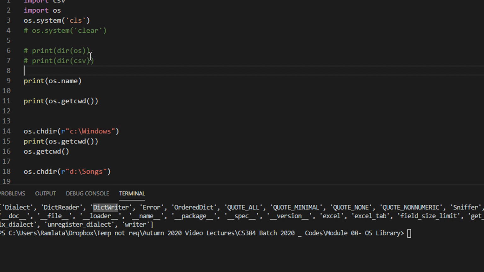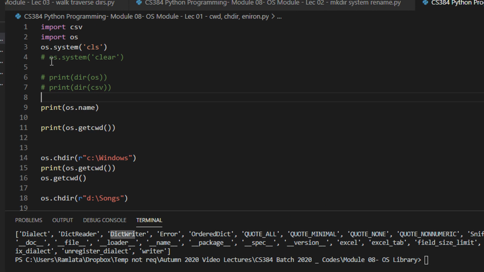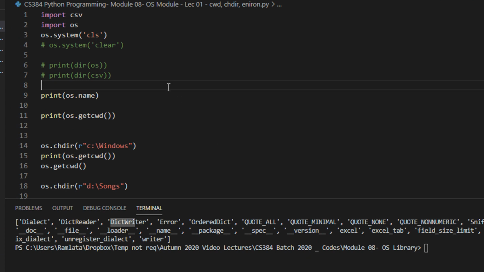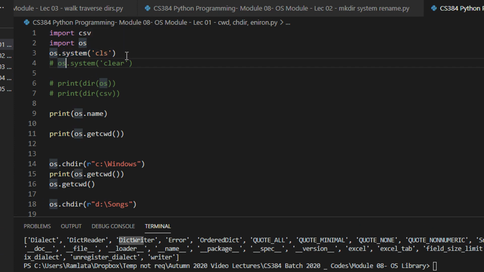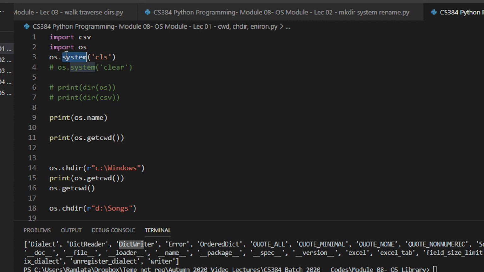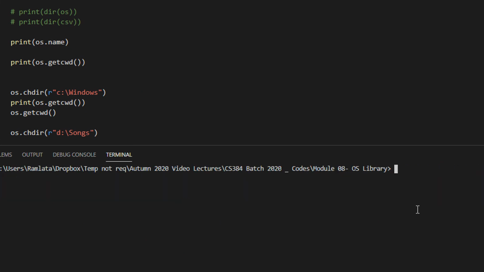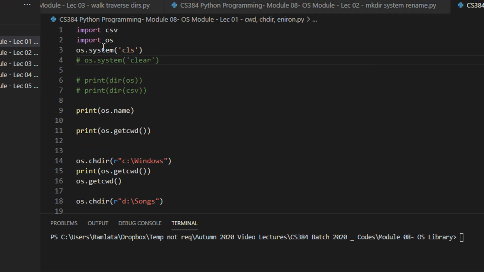Now when I'm importing OS, along with OS there are various commands and attributes, as you have already seen, that come along with it. Now you will understand what os.system is. We are using it with cls. It says that on whatever OS you are, on that particular system, execute this command on the command line. For example, this is also the command line shell. Let me just type cls here. You can see the cls command basically clears the screen, and the same thing I am doing via Python.